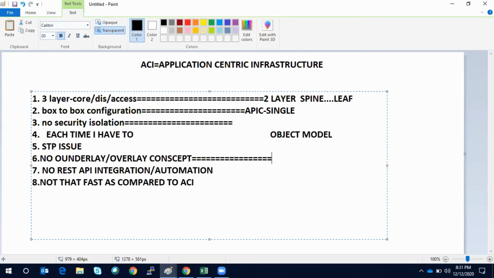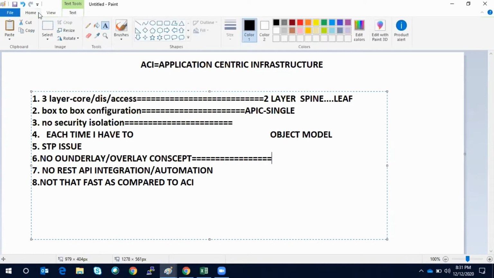Now, in traditional networking, there is no concept of underlay and overlay, right? Here you have this underlay and overlay. Since there is underlay and overlay, you are able to create the tenant and all the policy. So policies are abstracted from the hardware, and it is like roaming. What I mean to say here is,